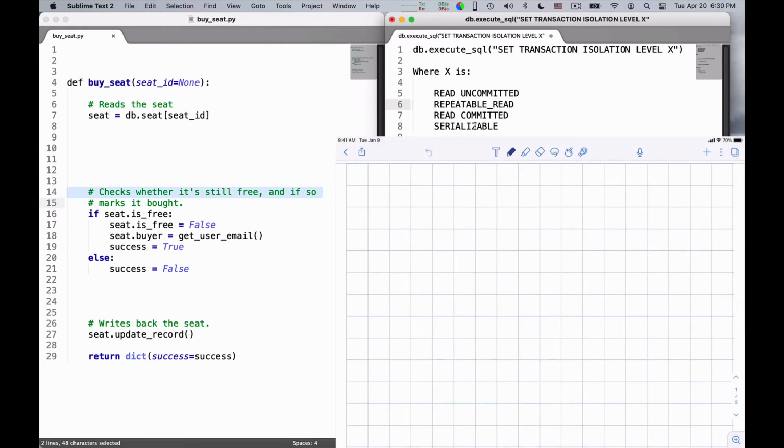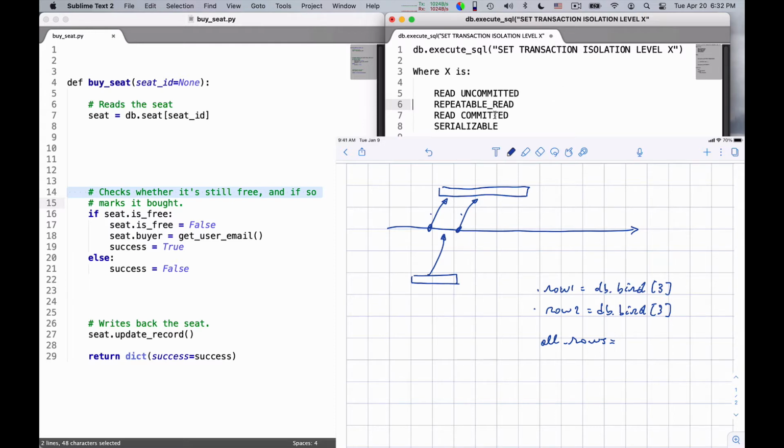Repeatable read means the following. If this is time, you could have a process, this is your process, that is reading the same piece of data twice. For example, it's doing a query and then it needs to read it again. The same piece of data, okay? So the same, say, row in the database. There could be another process here that at some point decides to write, okay? Repeatable read means that these 2 readings of the same piece of information will give you the same result. So this is the meaning of repeatable read.